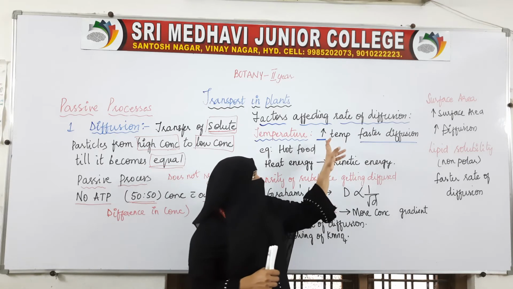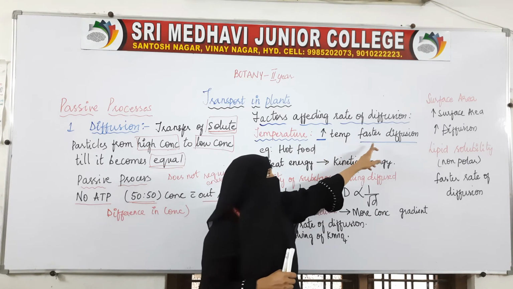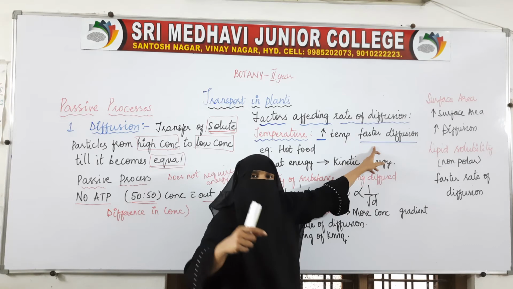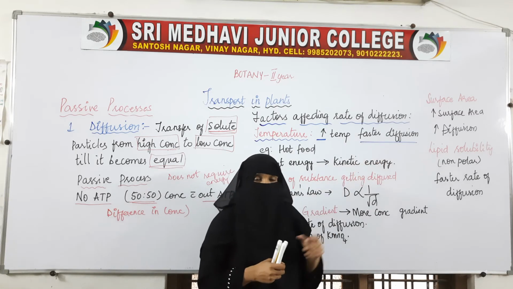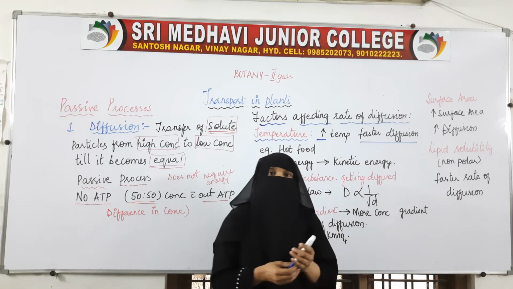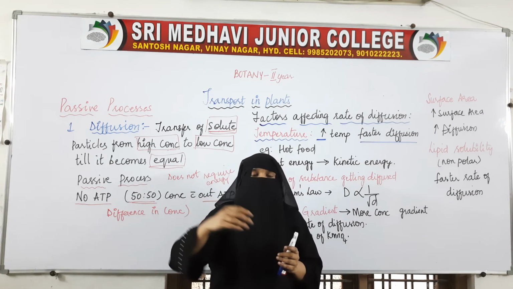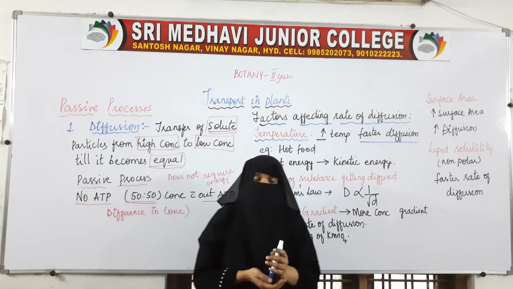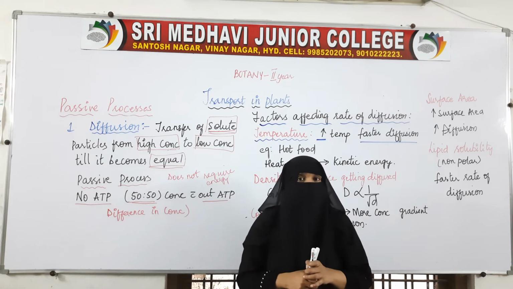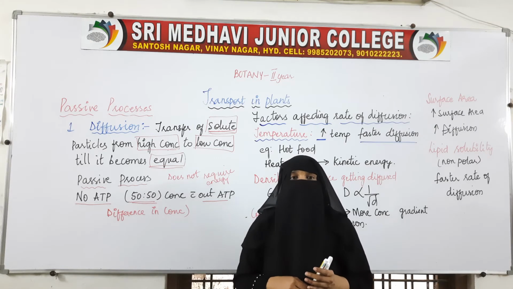Okay. So, if the temperature is more, then the rate of diffusion will be faster and for a longer distance. It will be faster and it will be for a longer distance. The molecules will travel to a longer distance. Why will they be transferred to a longer distance? Because when the food is heated,